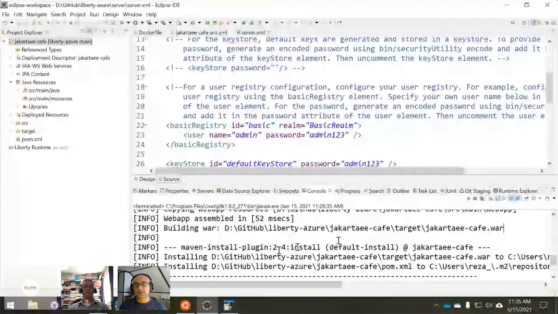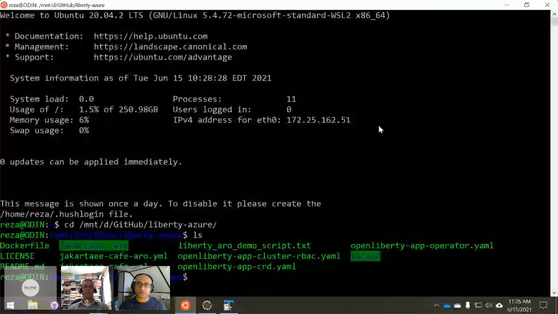Now what we're going to do is, the next step for us to do anything with this is we need to create a Docker image. So we have the WAR file. We're going to package up this WAR file into a Docker image, including the Java, the JDK, as well as OpenLiberty itself. Okay, so the way we do that is we create a Docker image through a Docker file. So here's the Docker file. Let me actually first